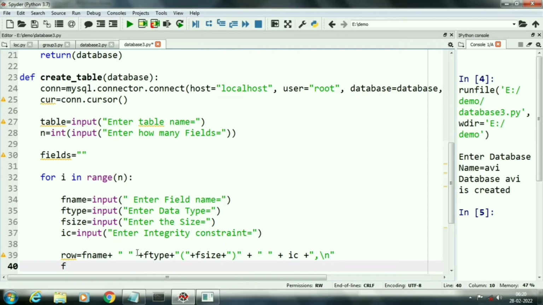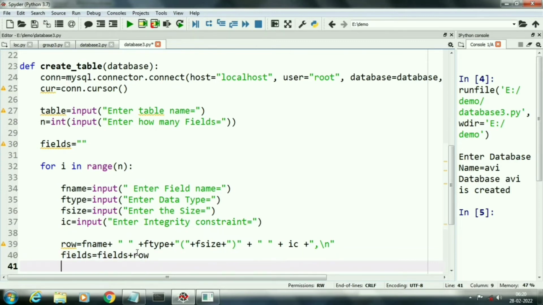At the end of the string, we are using a newline character. Now we will concatenate this row with an empty string named fields. This is the end of our for loop.